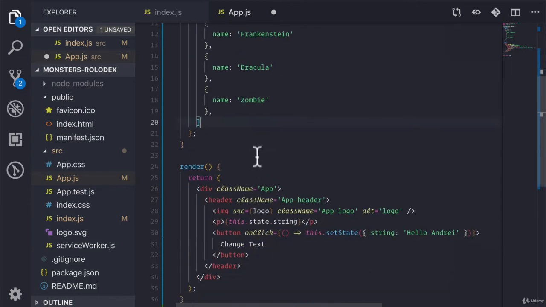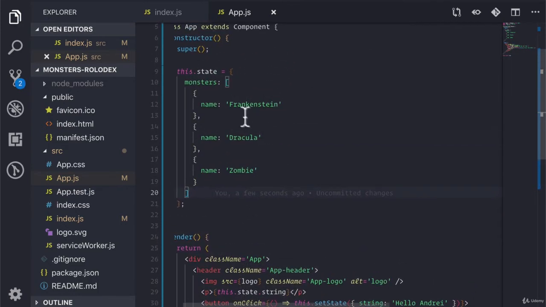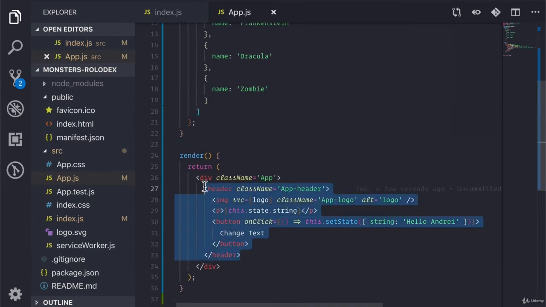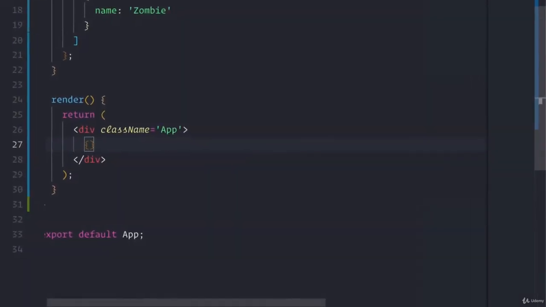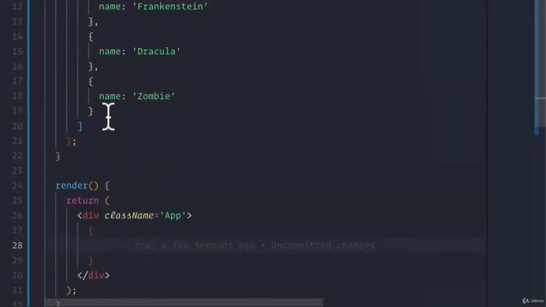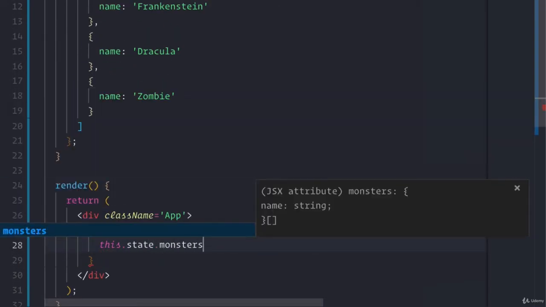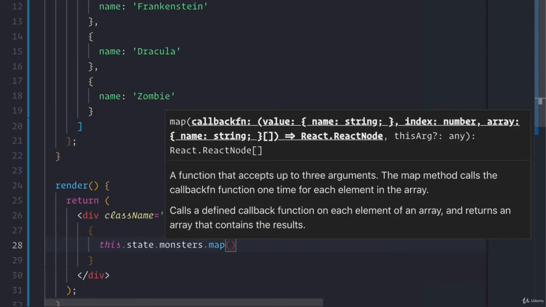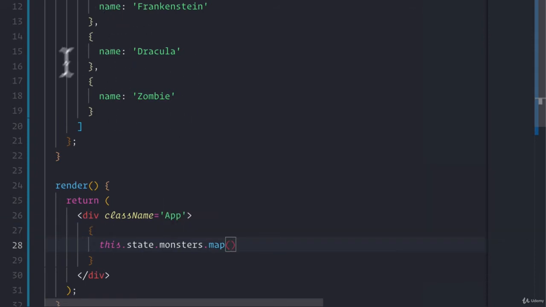So here, I want to render, let's say, just a bunch of H1s with the actual names of these monsters, right? So how I would go about doing that is, I'm going to get rid of this because we don't need this anymore. And we write our curly braces because we got to render some JavaScript, right? So now between these curly braces, we can really render any JavaScript that we want. So I am going to call this.state.monsters.map because map returns us the return of whatever function we pass to it, iterated over every element in this